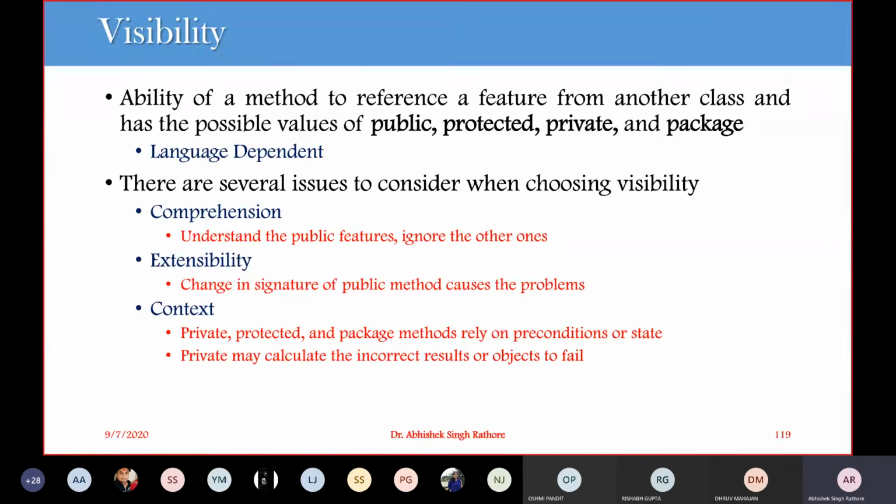So when we go for public visibility and try to make a change in the signature of, let's say, a public method, it should be reflected in all the classes. So the problem associated with public methods is that we have to go through all the usage points of your classes.